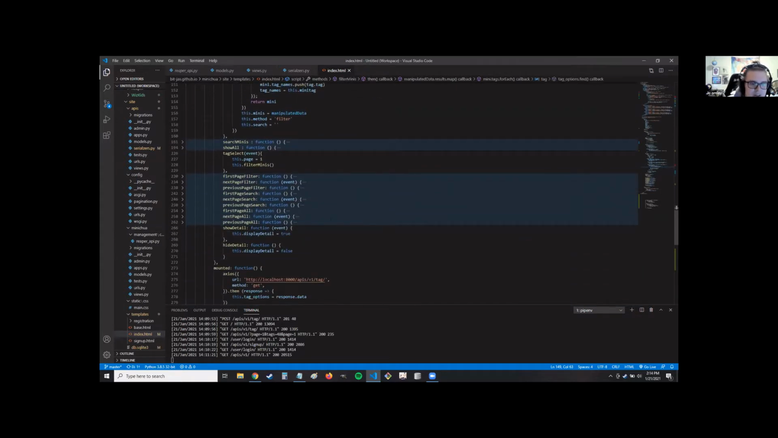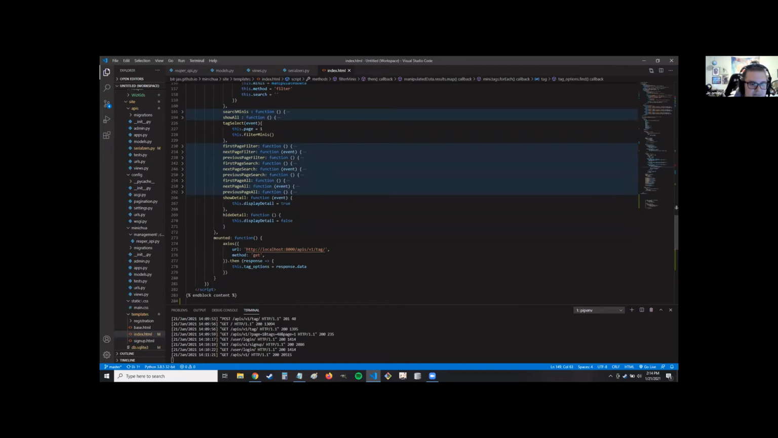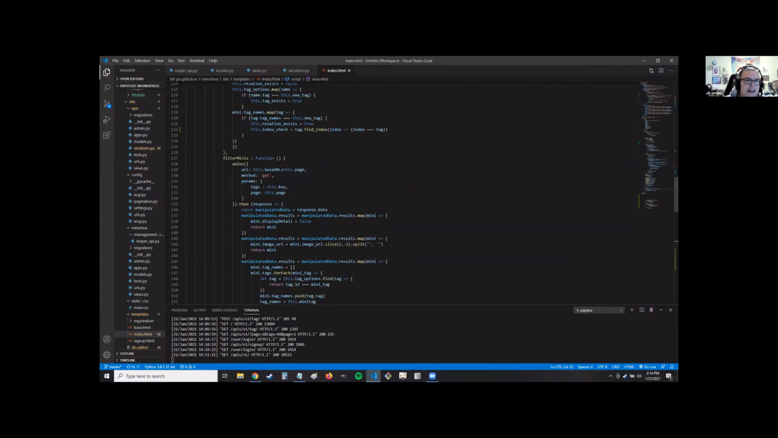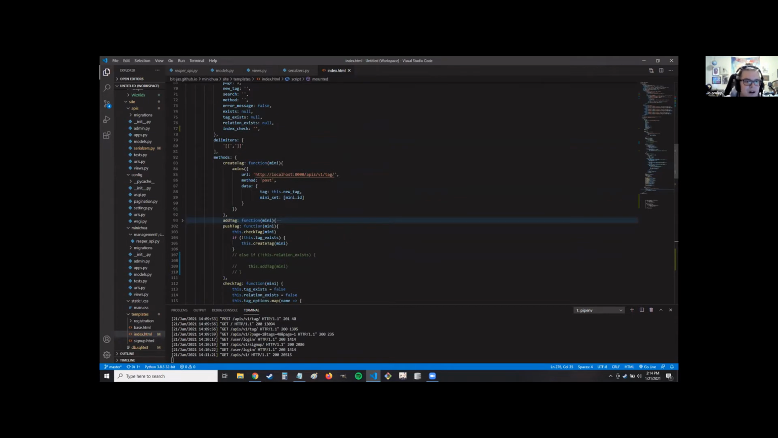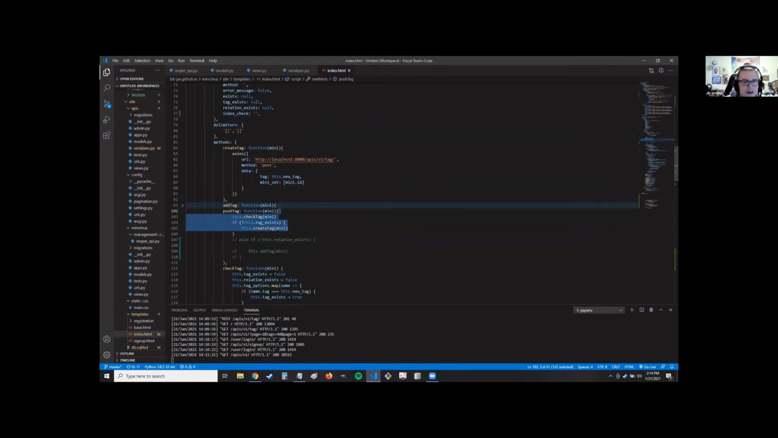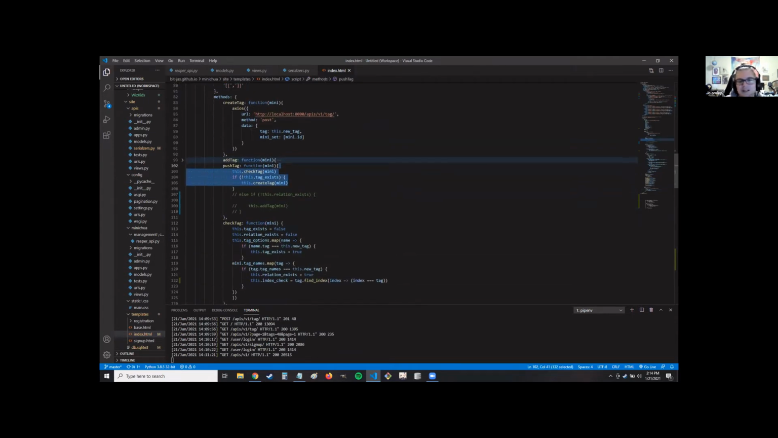A bunch of pagination stuff. I have a mounted function that just pulls all the tags that I have, and that's what's generating my drop down list at the beginning. And then just some stuff to check to see if I have a